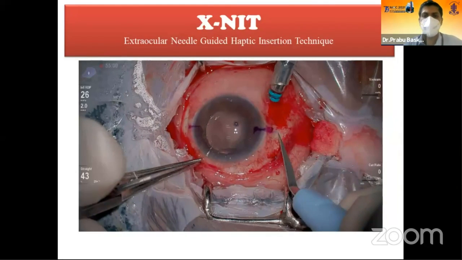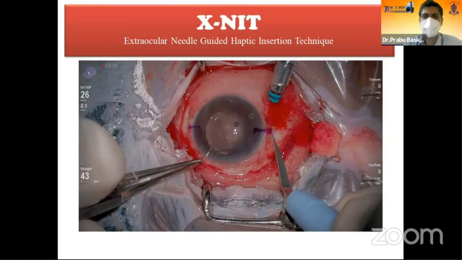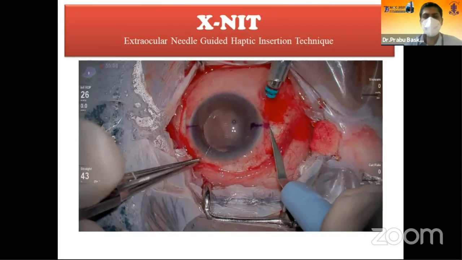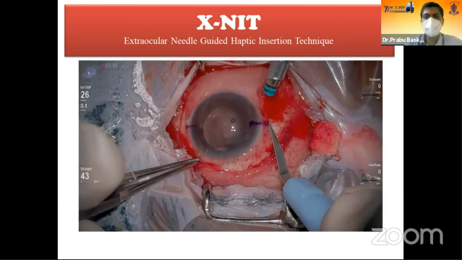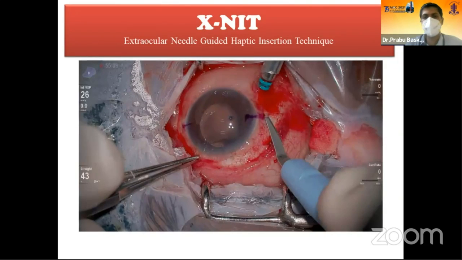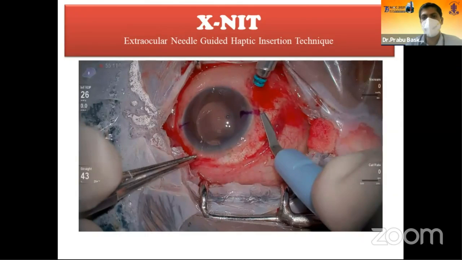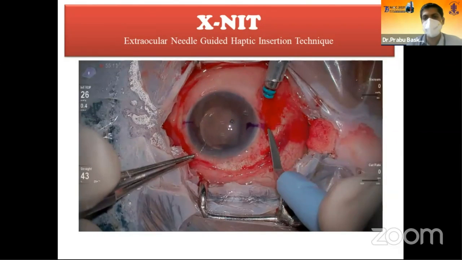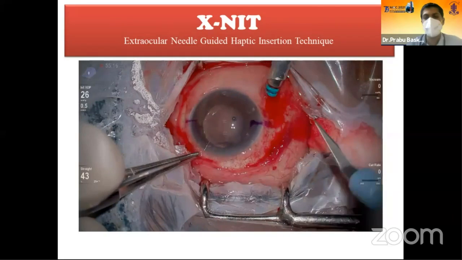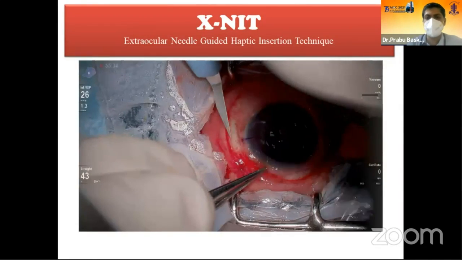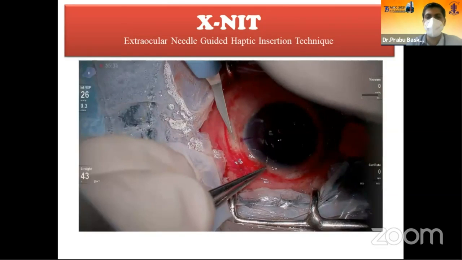So there's a case of traumatic dislocated lens wherein we've done the lensectomy and now we are moving on to the XNet part. You're seeing on either side I'm doing the scleral grooves. These days I normally use the bent side port knife. The idea is you get a triangular scleral groove with a broad entry, and as you go distal it becomes narrower. The broad entry is easy for tucking the haptic at the end of the surgery, and since it's narrower at the end, there's no question of haptic dislodgement or haptic migration in the post-op period.